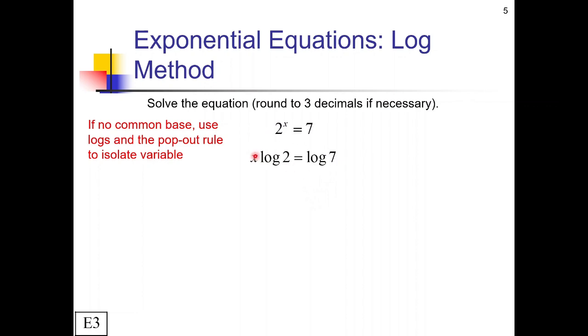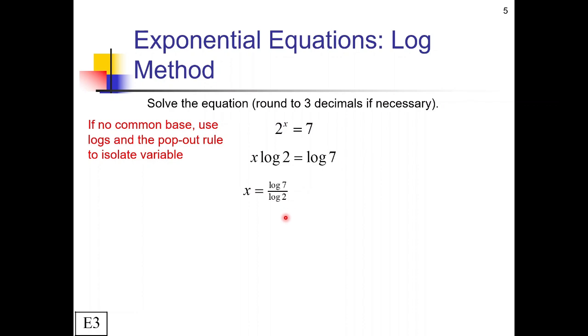To isolate x now, I just have to divide both sides by the log of 2. Now this whole expression, log of 2, that whole thing is just one crazy decimal, so that moves as a normal number would. So we've got log of 7 divided by log of 2. And at this point I'm going to have to go to the calculator and see what that actually comes out